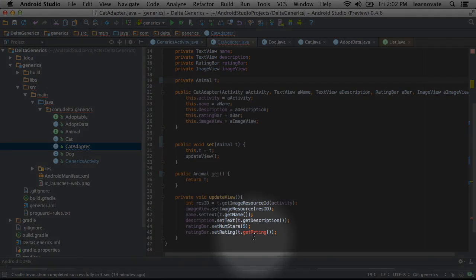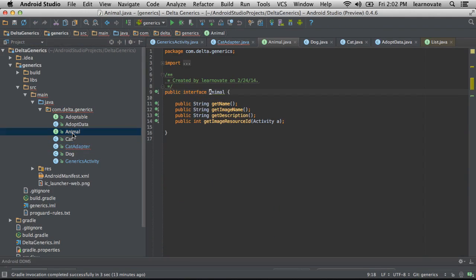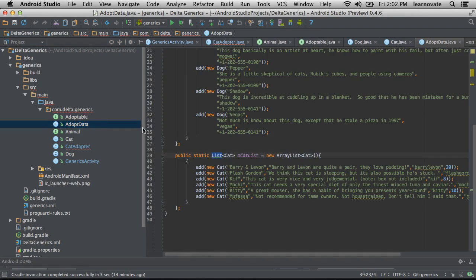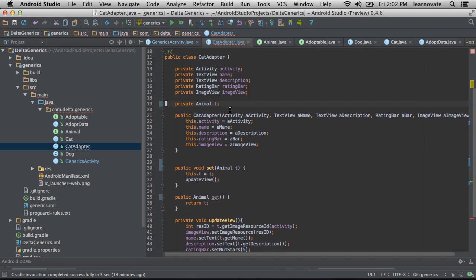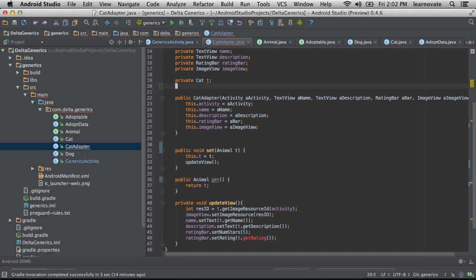Okay, as you can see here, now I have a problem. Even though the animal interface is allowing me to specify that, yes, this particular object has signed up to provide all of the animal methods, and they're here, which are 4 different methods, it says nothing about the fact that it's signed up for this adoptable interface. I have 2 different interfaces. Well, okay, this is where generics can really help us. If instead of using interfaces to solve the problem, I go back to using just cat,